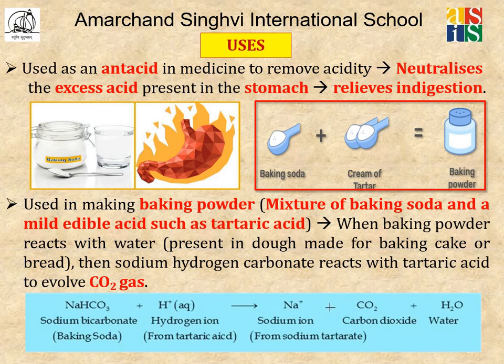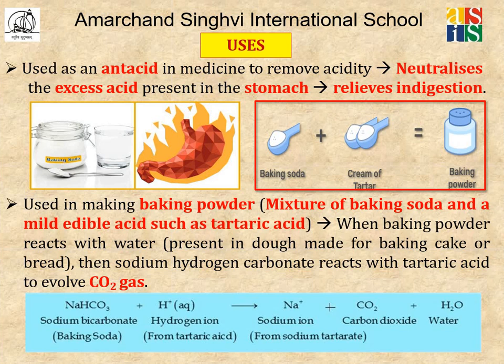Uses of baking soda. The most common use is as an antacid. It is used as an antacid in medicine to remove acidity. Why? Because it neutralizes the excess acid present in the stomach and gives relief from the problem of indigestion. So suppose a family member of yours suffers from acidity at midnight and you do not have any such tablet which can cure this problem. It is advisable that you give a tablespoon of baking soda in water